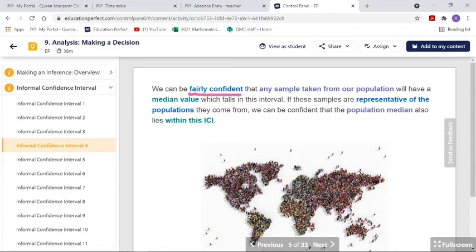There is no time in stats, almost no time in stats, that you can say girls are smarter than boys, right? You need to say, based on my data, I can be fairly confident that boys are dumber than girls or whatever, okay? So make sure you're very careful with your language if you do change the language of the sentence, okay?